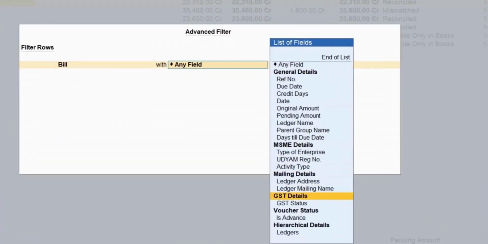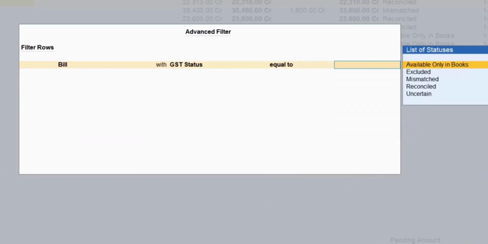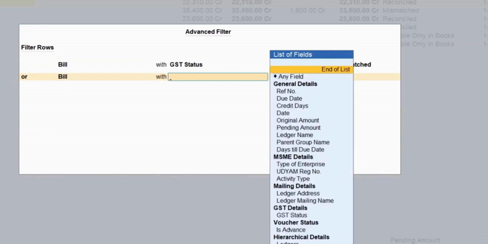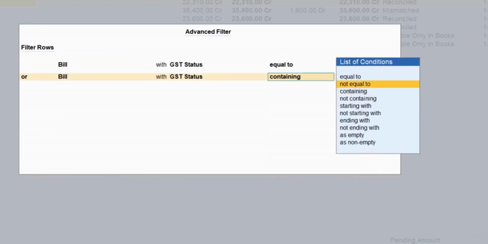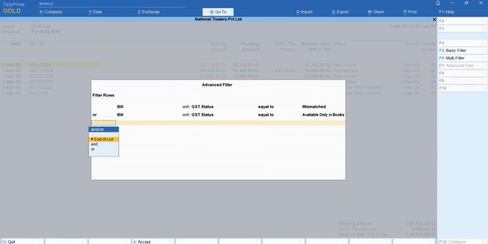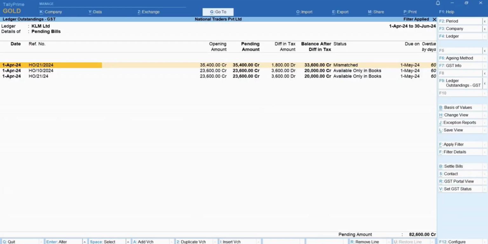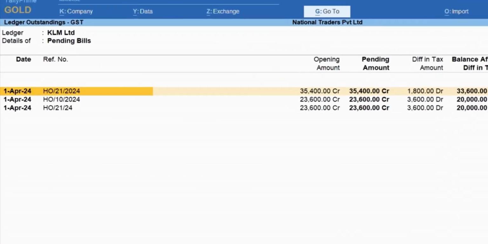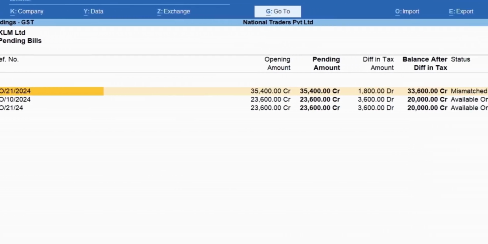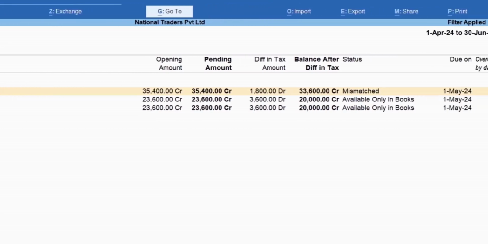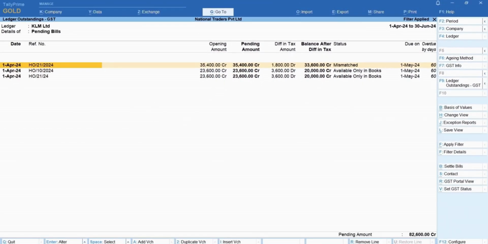Let's filter it for bills having GST status as mismatched and available only in books. Press Ctrl A to save, and you can view the reports with the relevant transactions. Thereafter, you can take the necessary action like email or WhatsApp this report to supplier to address the discrepancies.